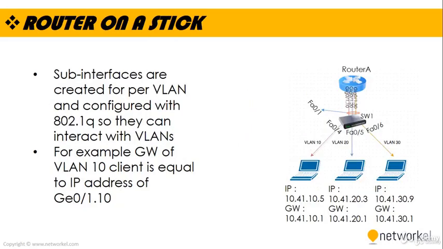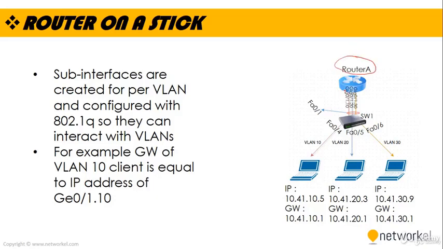Popular methods of inter-VLAN routing are router on a stick and layer 3 switching. Router on a stick is a term frequently used to describe a setup that consists of a router and a switch connected using one Ethernet link configured as an 802.1Q trunk link. In this method, the switch is configured with multiple VLANs and the router performs all routing between the different networks and VLANs. For this purpose, you create sub-interfaces configured with 802.1Q so they can interact for each VLAN on the router. As you can see on router A,